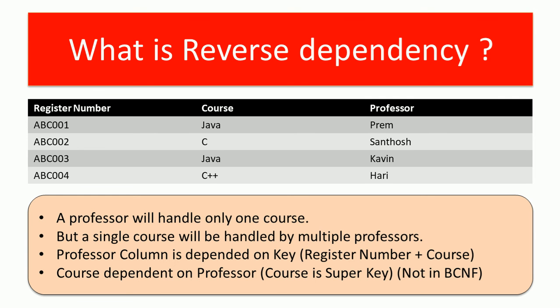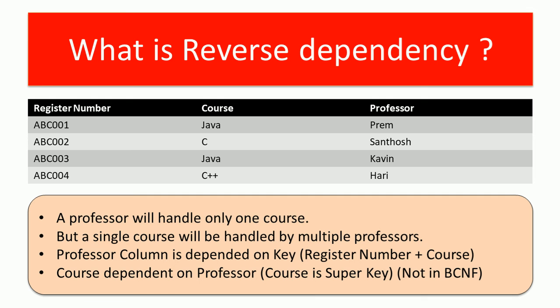Okay, let us check for a candidate key, which means a combination of two or more columns can form a primary key. Let us take register number and course. Let us check for this condition. If I give a register number and a course name, will I get the exact professor name? Yes, it is possible because a student can register for a course under a single professor. He cannot learn the same course under two or more professors. So obviously register number and course columns combined together form a candidate key, so that is the primary key, right? So we have the first task completed, primary key is fixed.